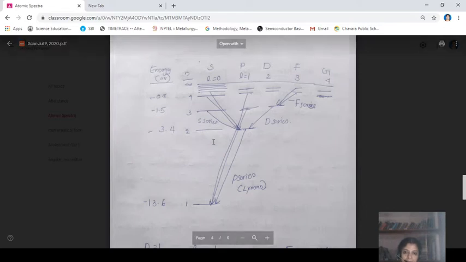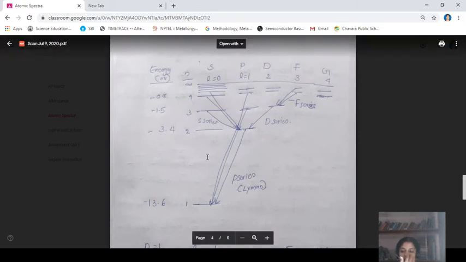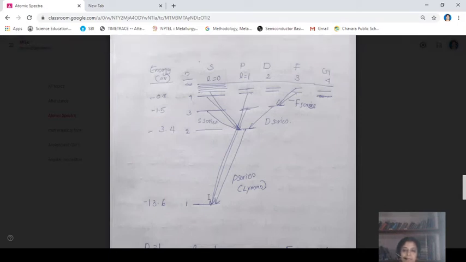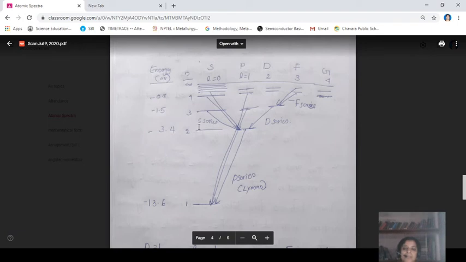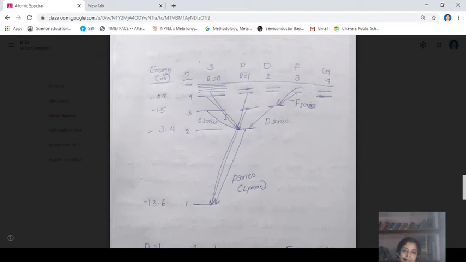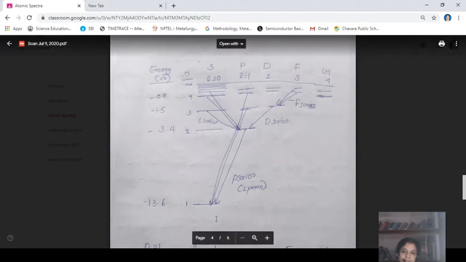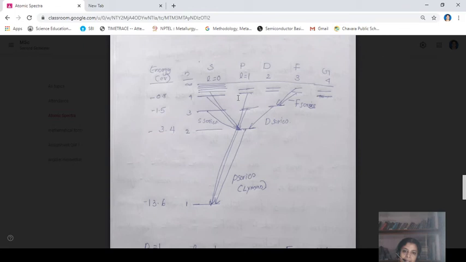Now we can look at the spectral transition from L equal to 0. That means from n equal to 2 to n equal to 1, this transition corresponding to L equal to 0 is not allowed because delta L will be 0 here. So the value of delta L is equal to 0, so this transition is not allowed. n equal to 2 with L equal to 1, this transition is allowed. So here the change in L value is nothing but plus 1.